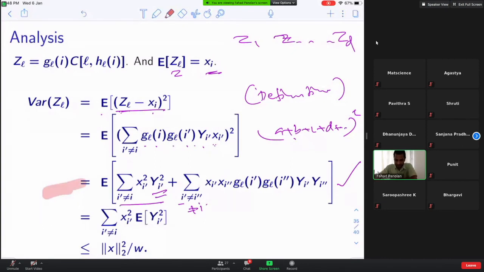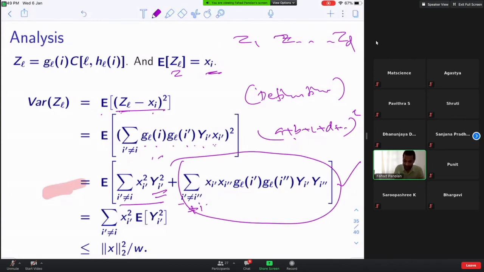Okay, now what is this term? Can you tell? We have already seen an example. Expected value, expectation. By linearity of expectation, I can write the expectation inside, right? Just forget. Now, expected value of this.